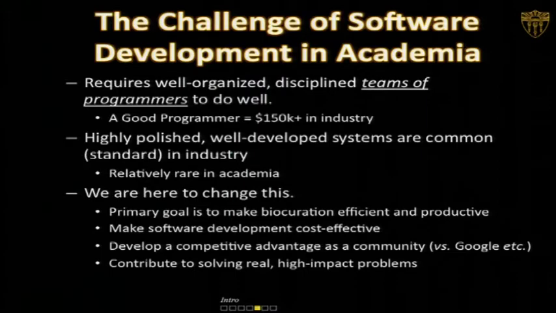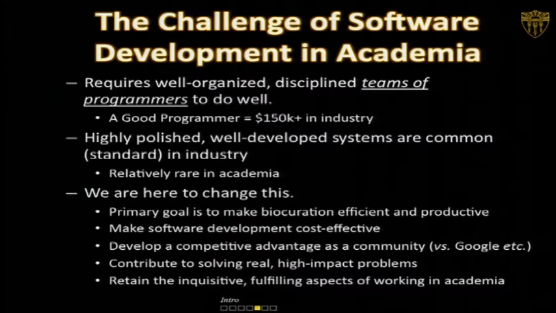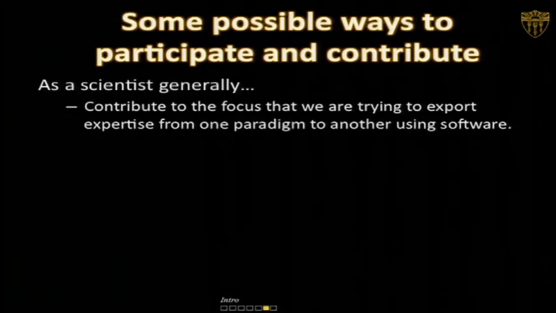And of course, the goal of what we're trying to do as academics, as scientists, is to really impact very important problems that cause great loss of life and cause great suffering. Can we actually make a difference there? And then finally, of course, it's very important to retain the inquisitive, fulfilling, fun, interesting aspects of being an academic. We want to live in the world of ideas. We want to be able to share information freely. We want to be able to do this kind of stuff. And so I'm going to present work today which really talks about how open source programming is a way of doing that. Now, that's the philosophical background of the meeting.